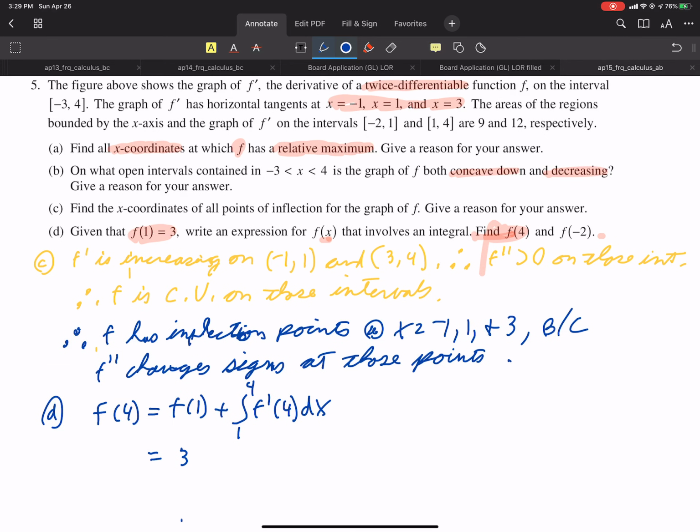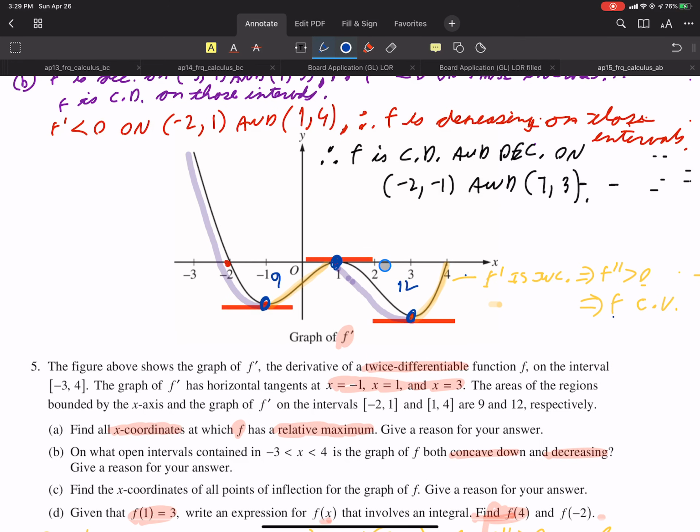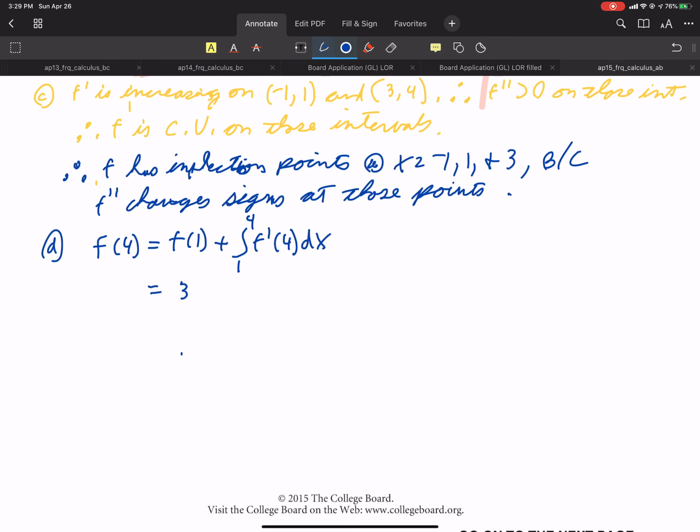So we want the integral from 1 to 4. If we integrate from 1 to 4 going to the right, it's the net area. And the net area is going to be -12 because that's underneath the x-axis. So that's going to be plus -12. That's your answer. Stop. Don't do anything else. You'd be foolish to go any further. All right, then they want f at